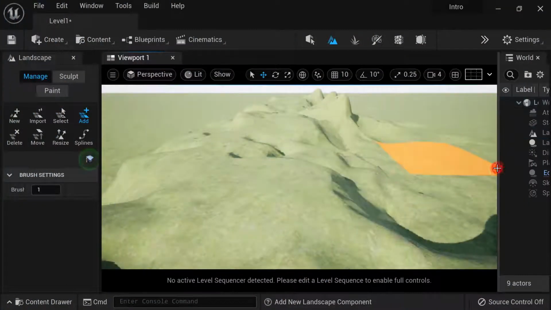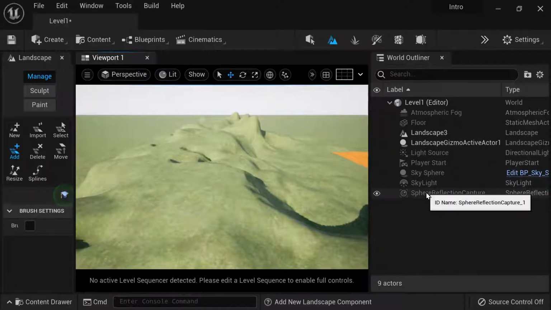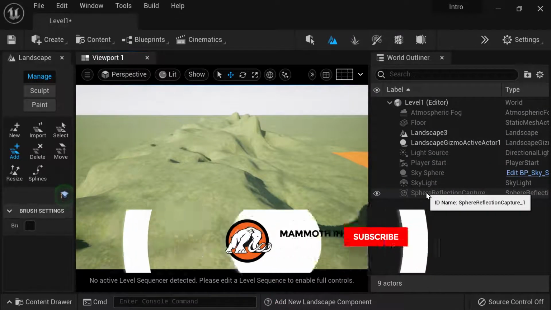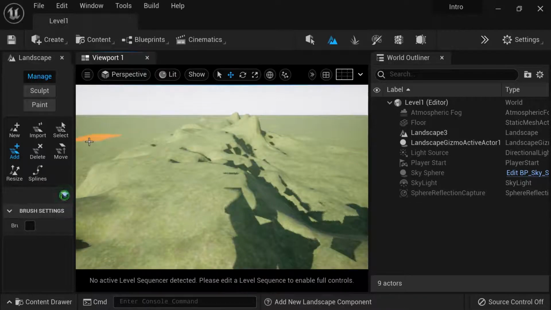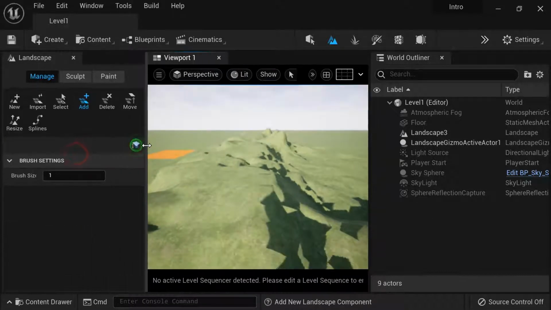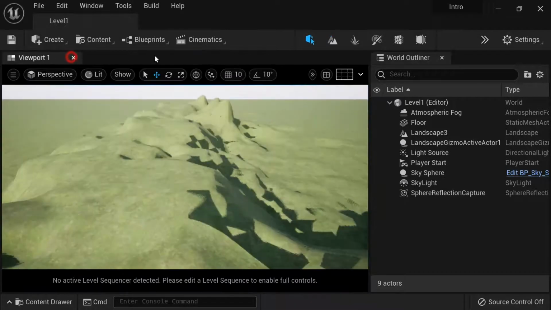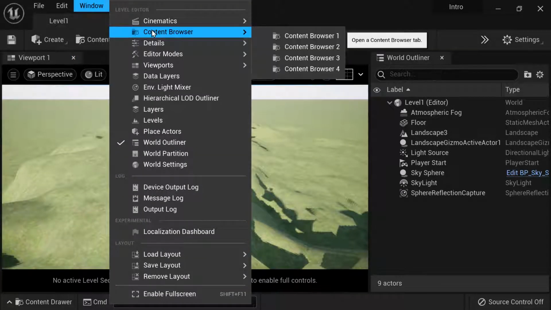Hello, everyone, and welcome back to our course. In this lecture, we are going to learn how we can build a blueprint in Unreal. So join me in any Unreal project. All right, and here we are going to go into our content browser. So I'm just going to close my landscape, and I'm going to go to Window and open up my content